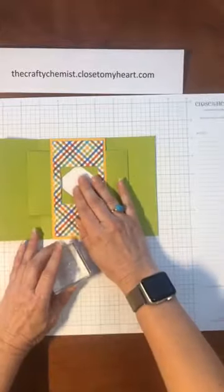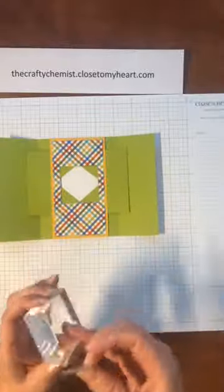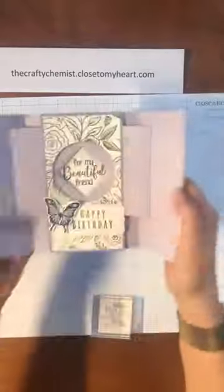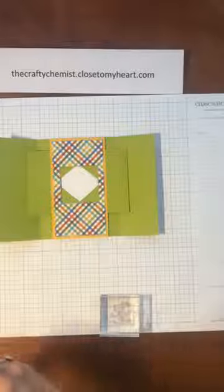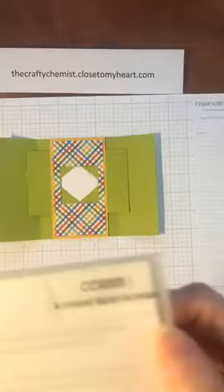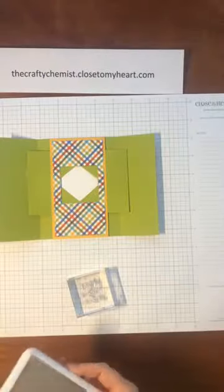Okay, now is when I'm going to stamp my sentiment. And I waited until this so I could see how far these are. If you have the circle, you might have a little bit more room than my square. So I'm going to do the Wild About You stamp, which is part of the animated Safari Animals. And that's mainly because I don't have the Safari Animal stamp set, so there may be a sentiment that you